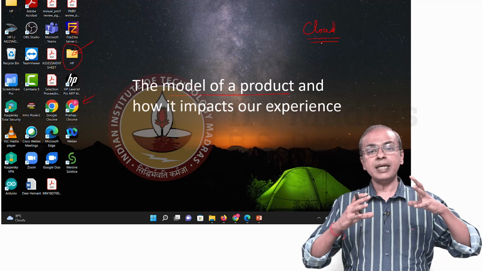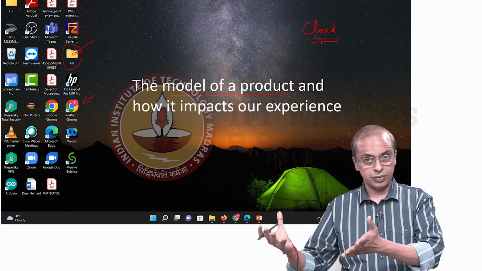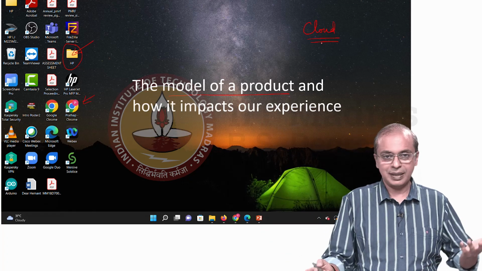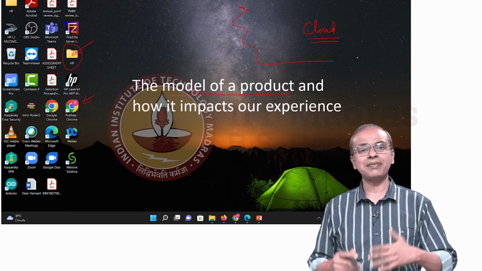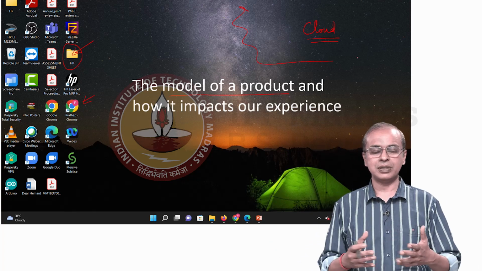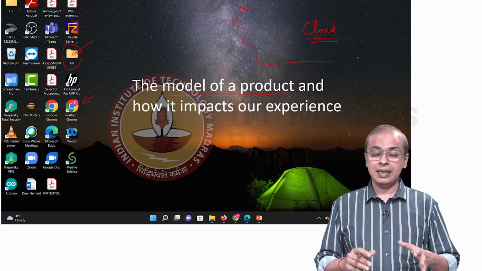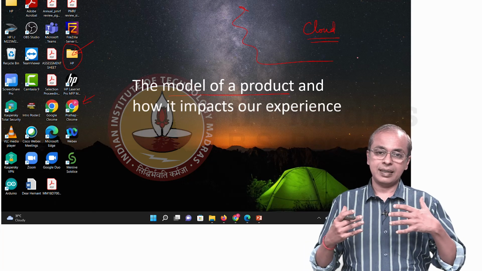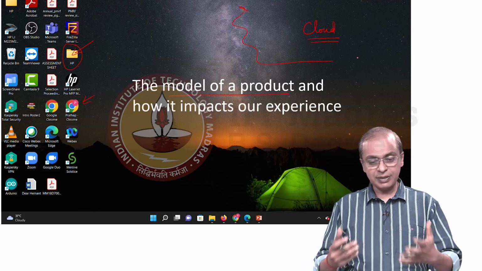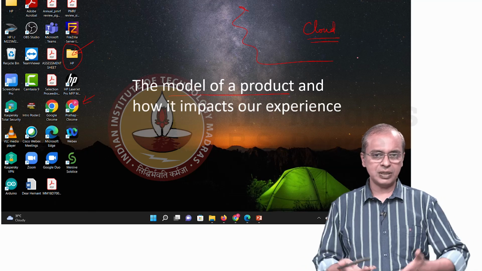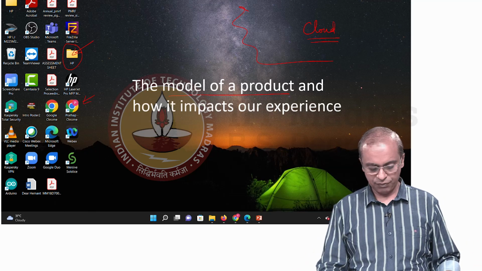So we are saving our files on the cloud. It so happens somewhere out here, wherever you are saving it on the cloud. Figuratively you are saving it in the cloud. But what do the people give us as an interface? They give us an interface which looks exactly like this. It looks like a desktop. So there is a folder here, there is a folder here,